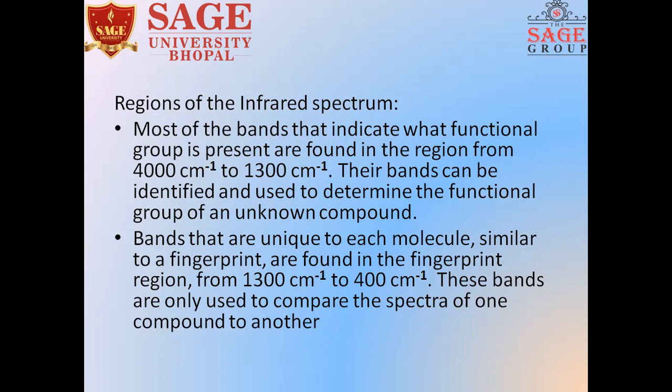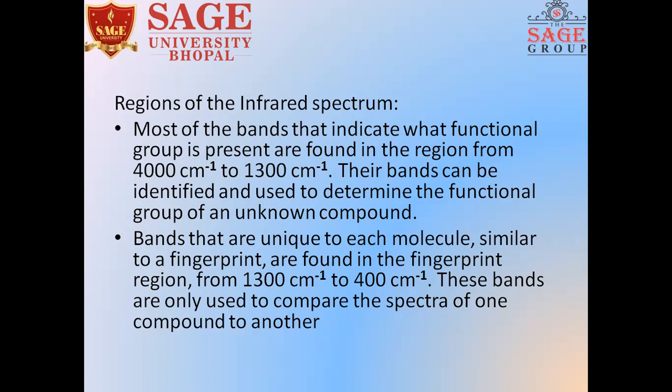If the compound is unknown and it is exposed to IR radiation, it absorbs the radiation, vibrates at a specific frequency, and gives a graph on the computer screen, which can be further elucidated to find which kind of functional group is present in the compound. The bands of each molecule are unique, like the fingerprints of human beings. No two human beings share the same fingerprints. Similarly, no two molecules vibrate in the same way. They cannot show the same kind of band. So their region of absorbance is unique and specific to a single molecule.